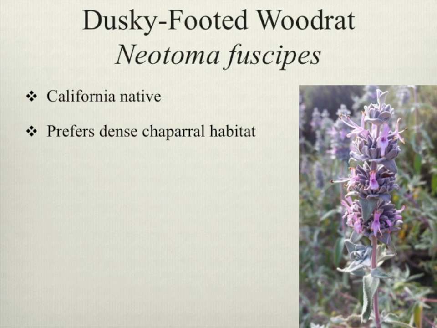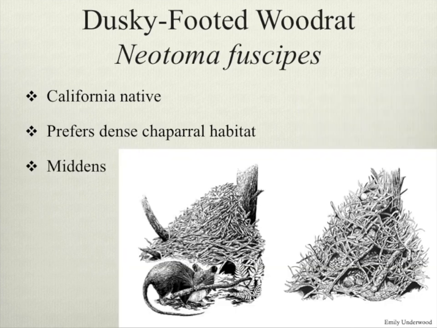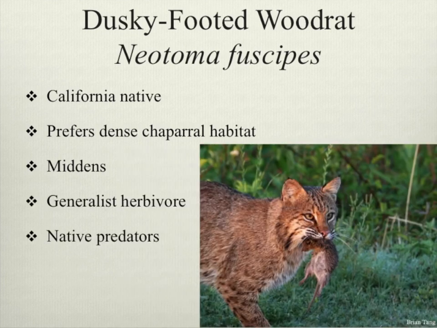It is experiencing short generation times where it really only lives about 1 to 3 years, and it's highly abundant here in Southern California. It builds these very large conspicuous stick nests known as middens, where typically 1 to 3 individuals will live. And it's a nocturnal generalist herbivore, so it goes out foraging for food at night, and it'll consume everything from seeds to flowers to woody material, and is known to be the occasional nest predator.